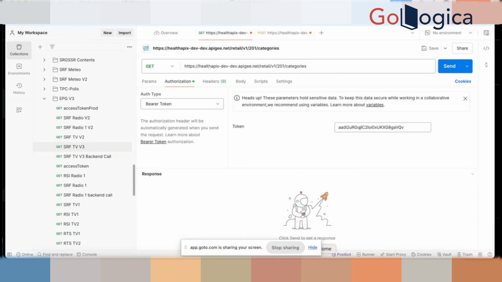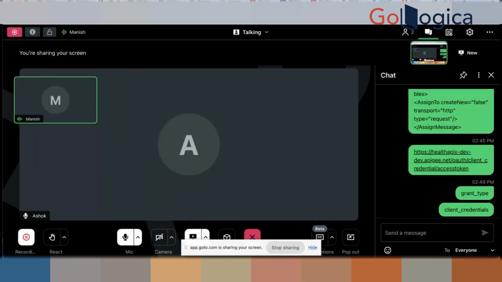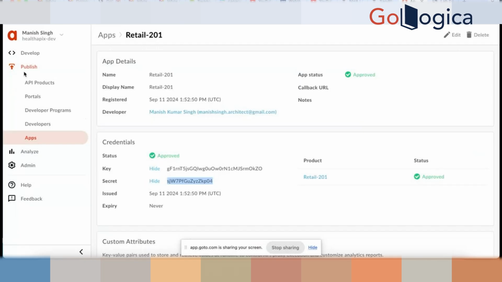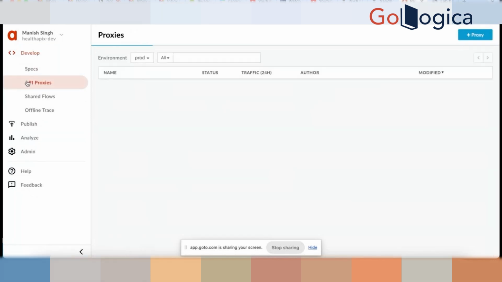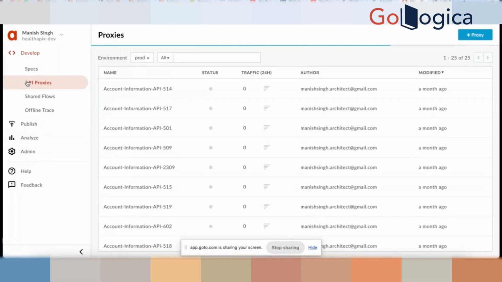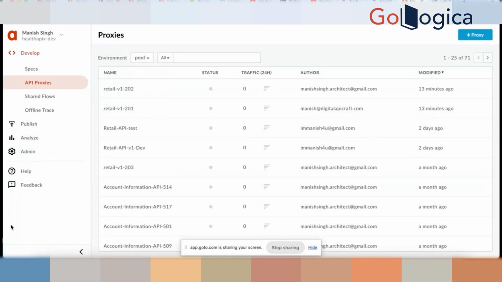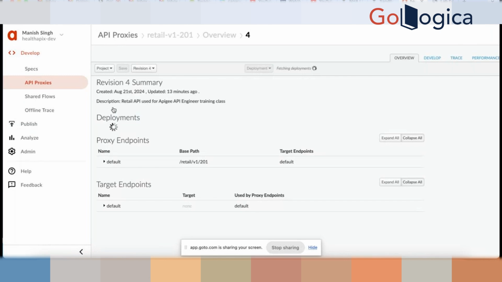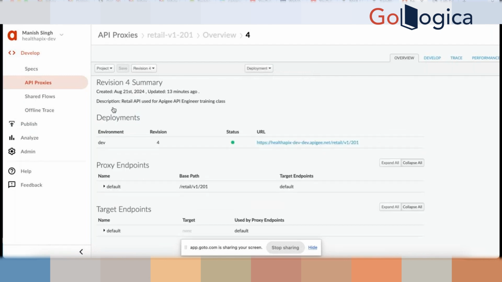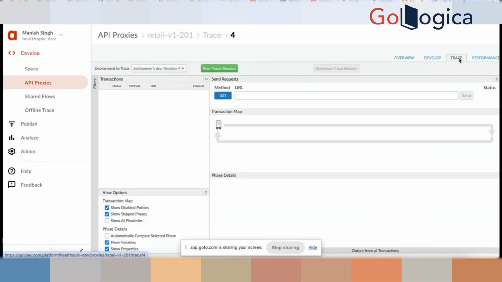So let's go to Apigee and go to Develop and Proxies. If you go to Develop, Proxies, click on your proxy. Okay. Click on Trace here,